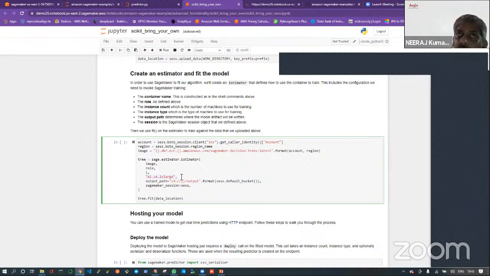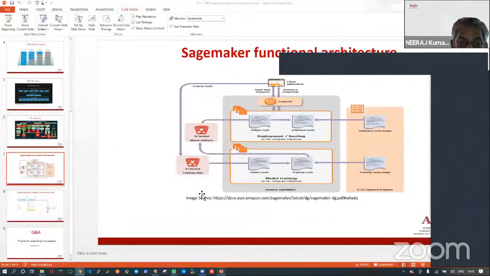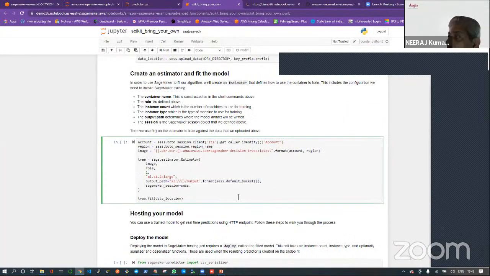So you can mention, depends on your workload, you can provide the size of your machine. And then I am saying that once my training, my fit is run, provide this output to this S3 bucket. I'm now talking about this bucket. When my training is over, when my fit is over, provide the output, the model artifact, into this bucket. That is this step, which I am providing here. Everybody getting my point?